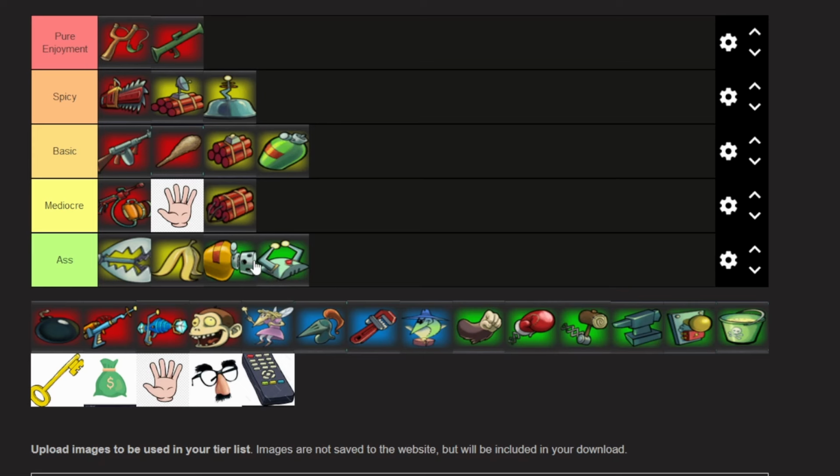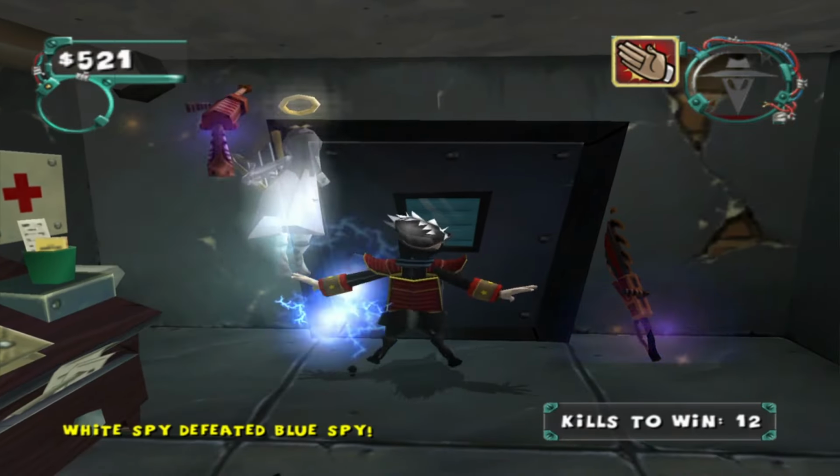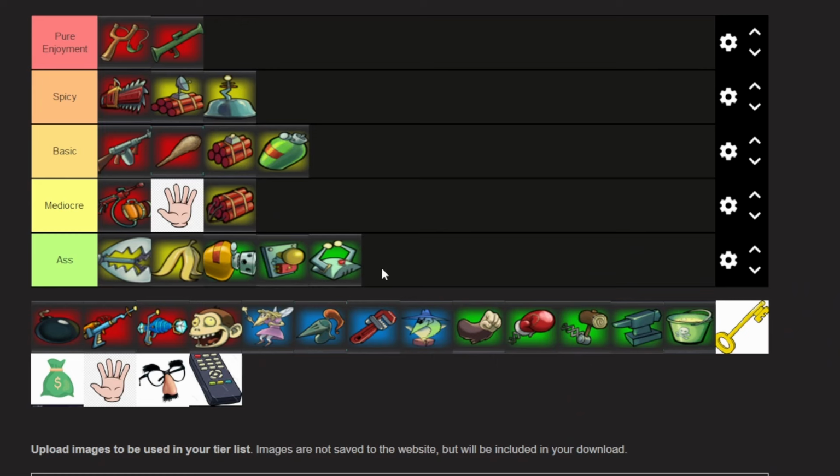So, yeah, complete ass. And I'm going to have to say the same thing about the doorknob, because it's the same thing. It's just zapping, electricity, and you put it on doors. Great. These are essentially the same thing, just put in different places. Now, some of the cooler traps, especially for safes, include...